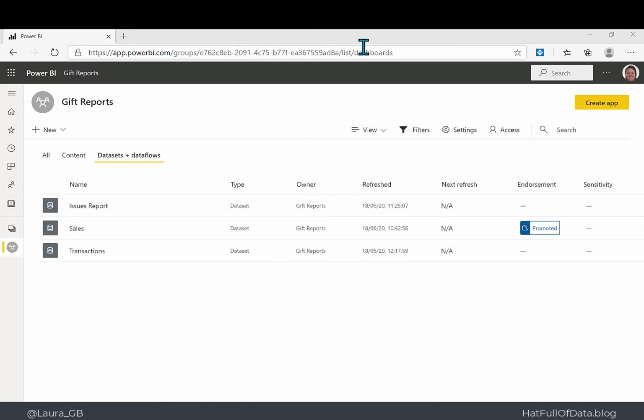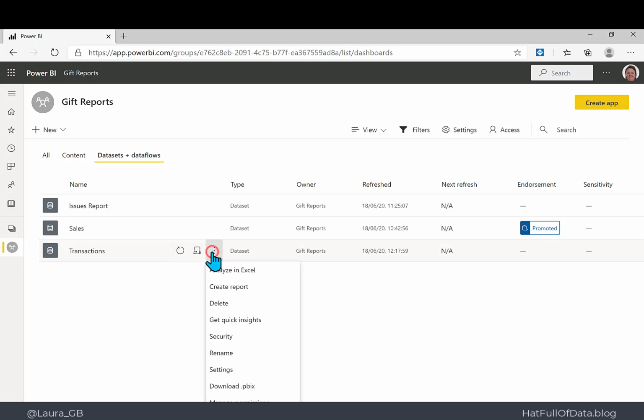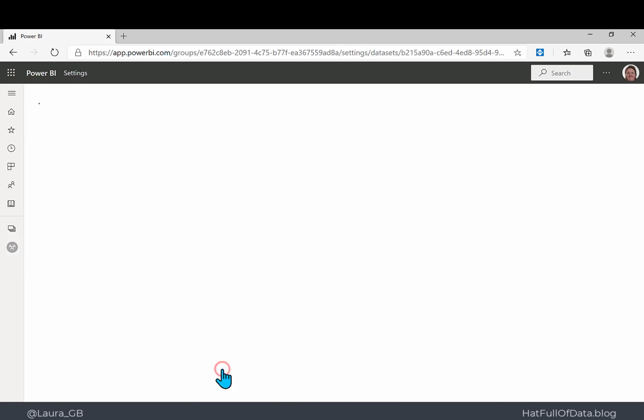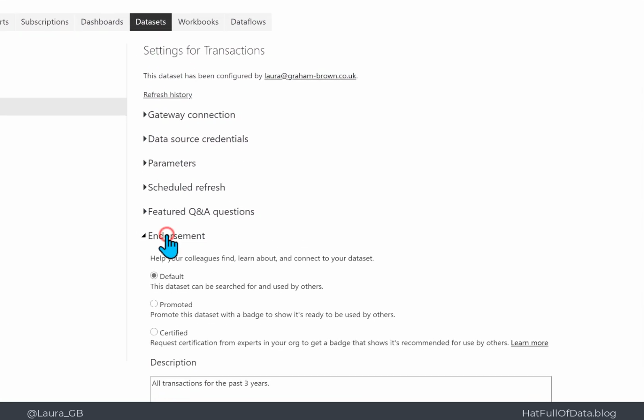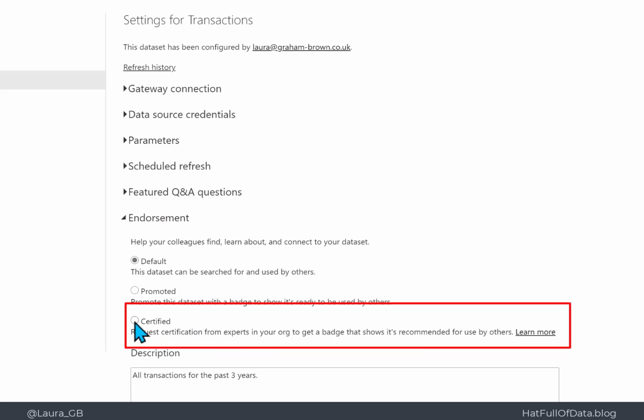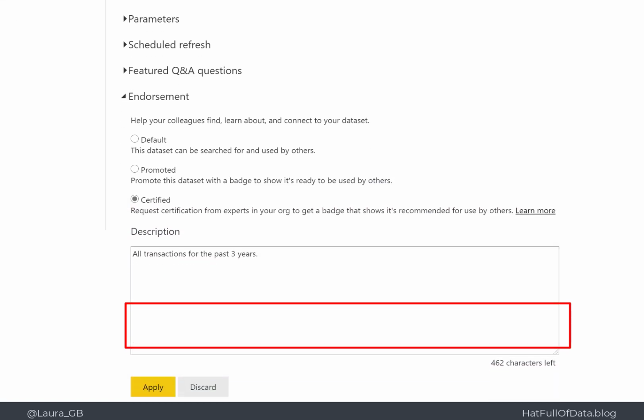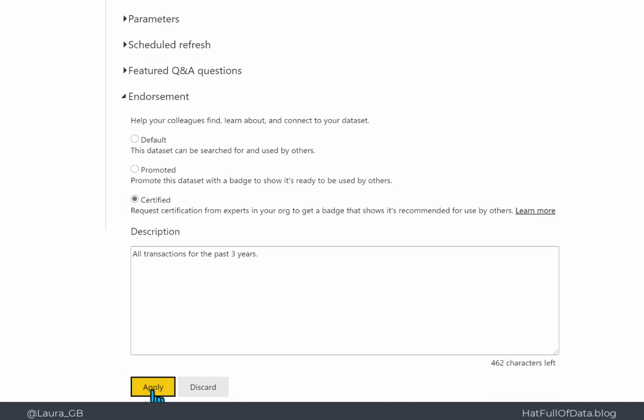In my experience, it only takes a few moments, but I'm not in a large organisation, so it might be a little different there. So click on the 3 dots, go back to settings, endorsement, and I can click on certified. Now, do you remember that URL? This link here at the end that says learn more. If you provide a URL, that learn more will jump to your URL rather than to a Microsoft page explaining certification. And if I click apply there